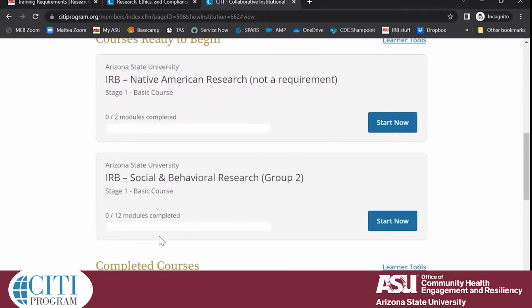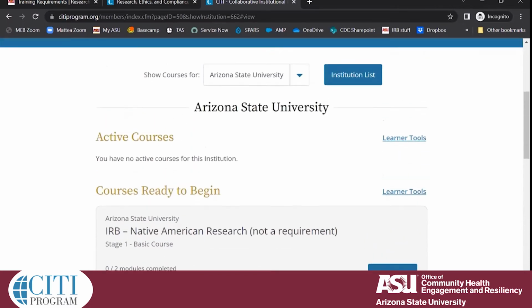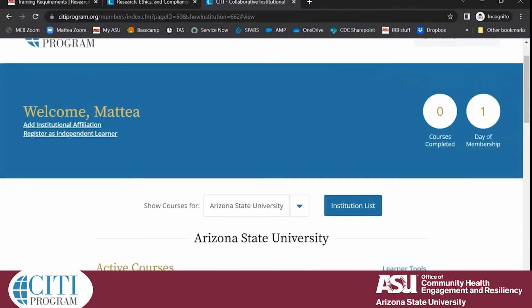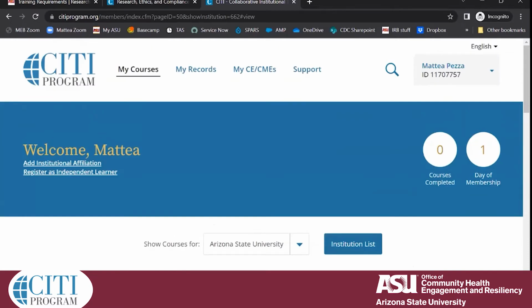And it auto-populated the social and behavioral research group 2. And it looks like there are 12 modules. So to start the course, you can click Start Now, and you can save your progress at any point. You don't have to complete the whole course in one sitting. And then you can use that password and username that you determined in your registration and log in on the